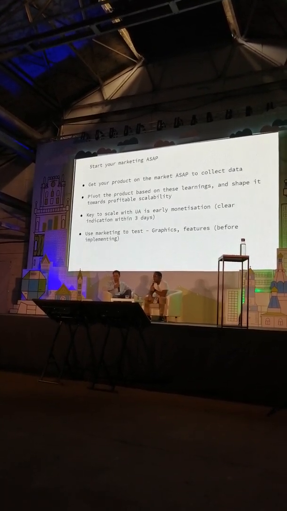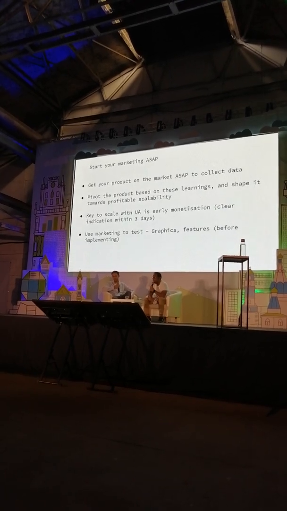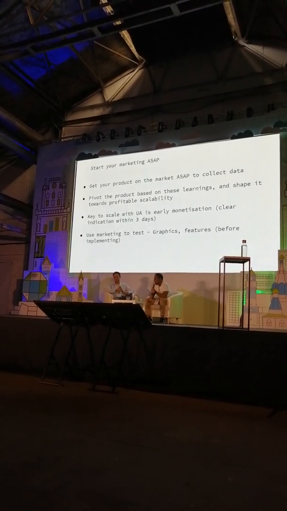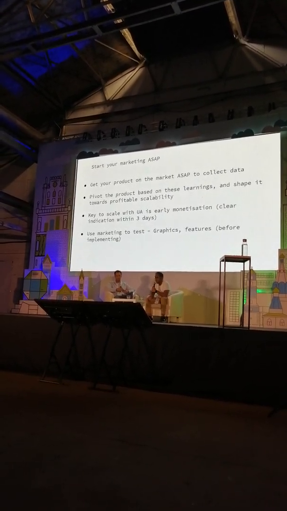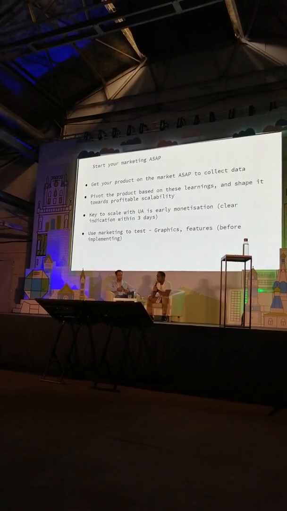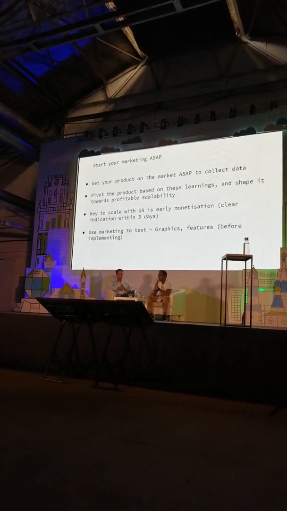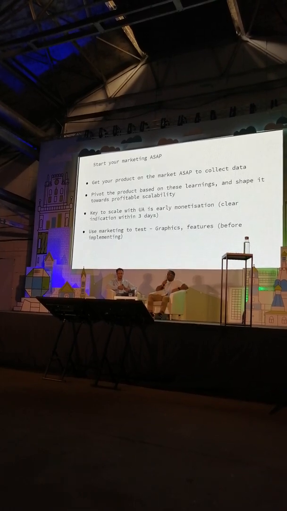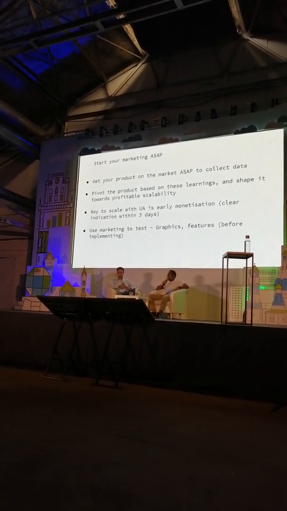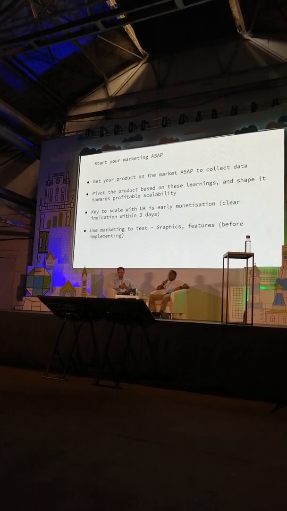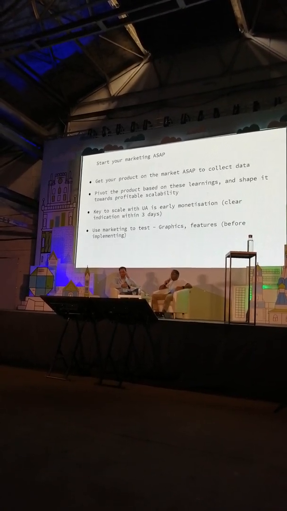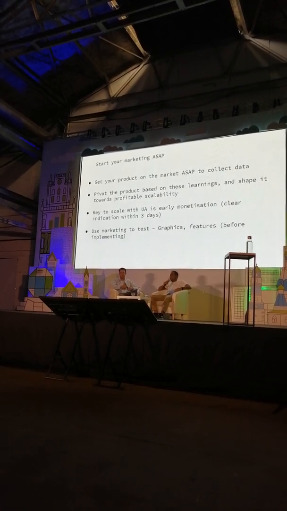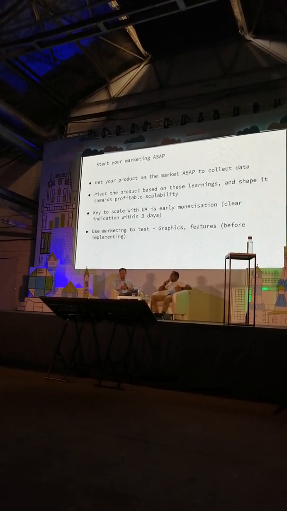So for UA marketing, performance marketing, you need to start early on, right? The key thing we want to talk about is that when you're building a mobile app or a game, it's really important to get your product out in the market as quickly as possible. Don't spend 2 to 3 years in production and then realize it's not going to fly on the market. Based on those learnings, try and pivot your product depending on how the market reacts to it, rather than try to